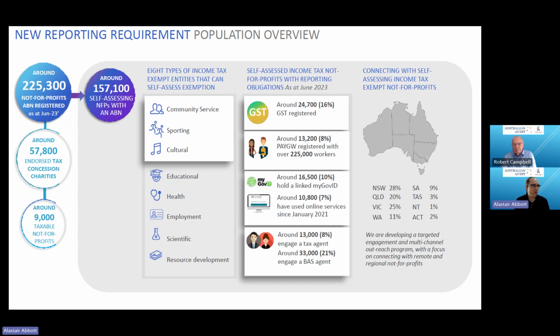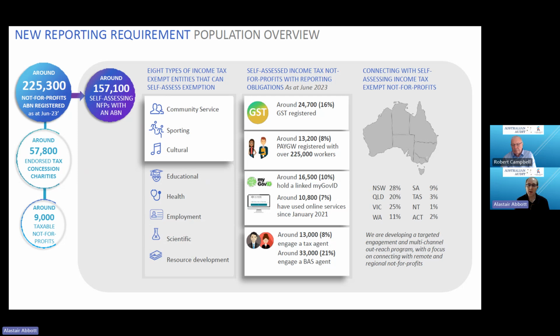So when we drill down into this group of 160-ish thousand entities that we're talking about, you'll find there's the 8 categories that Bob's going to talk through. But what was interesting and perhaps a little bit concerning to hear from the ATO is how little engagement that 160,000 entities have had with the ATO to date, which in a sense is not surprising because they had no